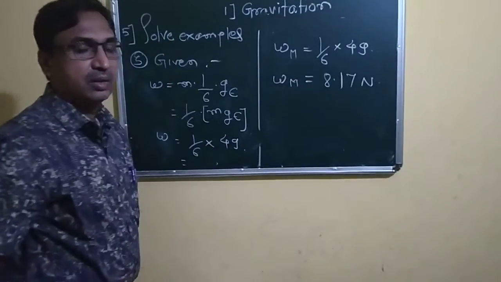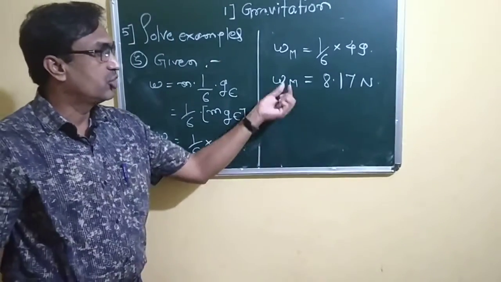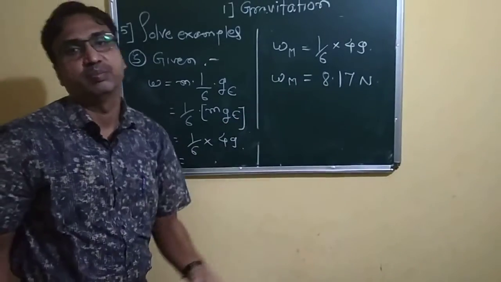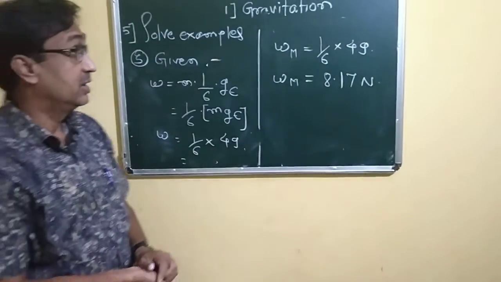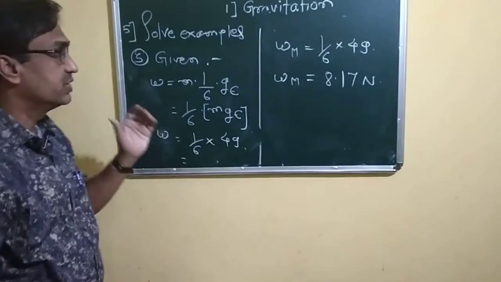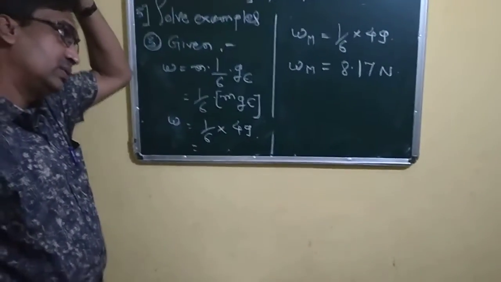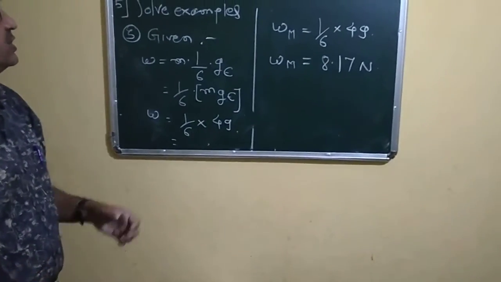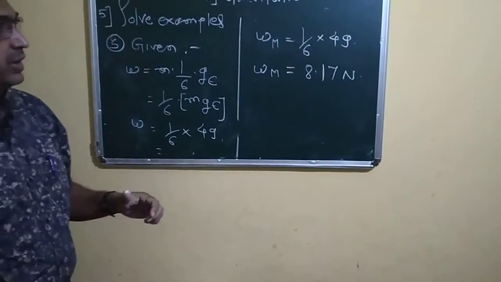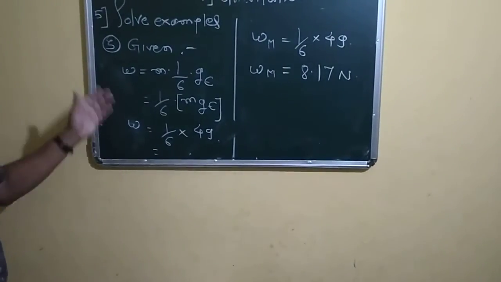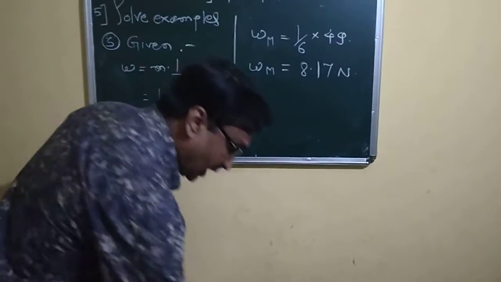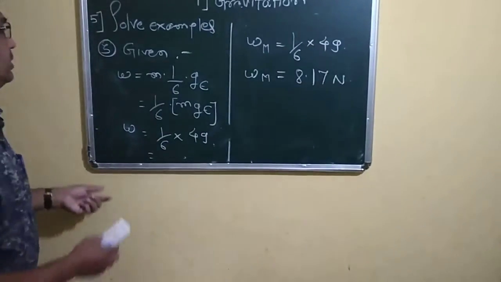That is the weight of the object on the moon, 8.17 Newton, because the acceleration due to gravity is 1/6 of the acceleration on Earth. In this way we solve the third example. I think you have got those things. And afterwards,